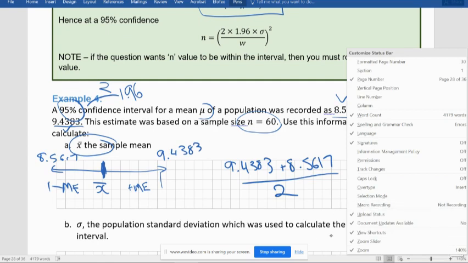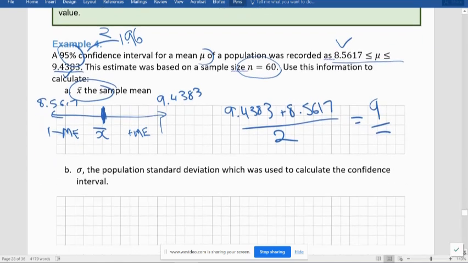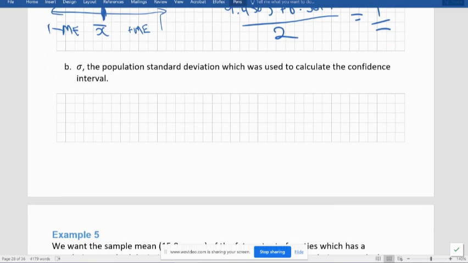Now they want us to find the population standard deviation, which was used to calculate it. Using that formula, remember when we talk about our interval, now that we know the sample mean, we can pick either the upper or the lower limit. Let's talk about the lower limit, 8.5617. So if I know that the sample mean was 9, and I know the lower limit,